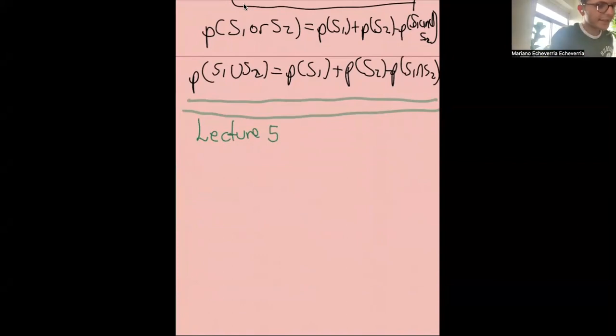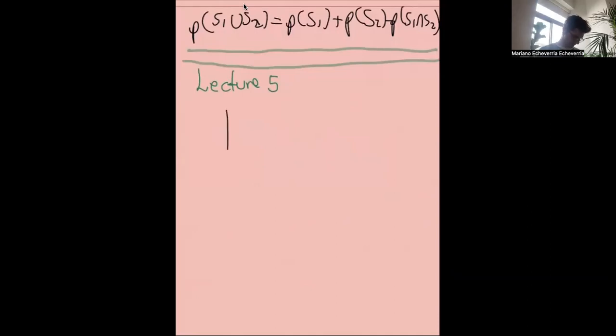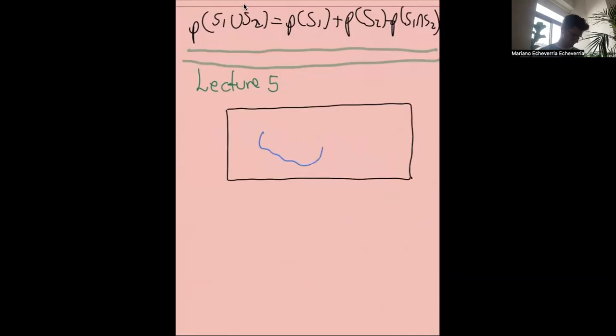So the last formula that we were discussing last time, you can see it a little bit before on the iPad, on the notes, but let me just repeat it. Again, in this visual representation, you can think of the propositions or the statements S1 and S2 as representing some fraction of everything that can happen. So what the last rule for probabilities that I gave you last time says, it's